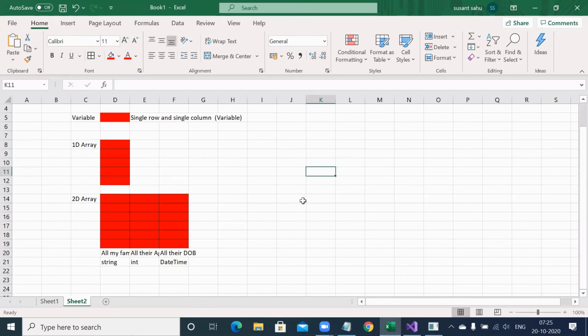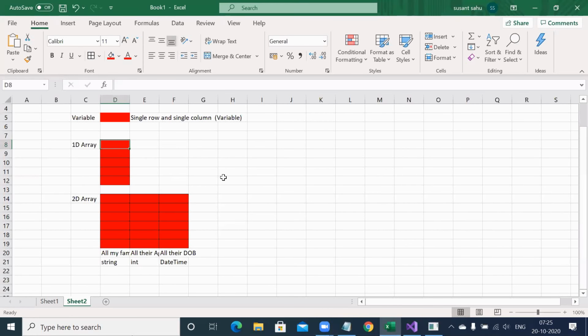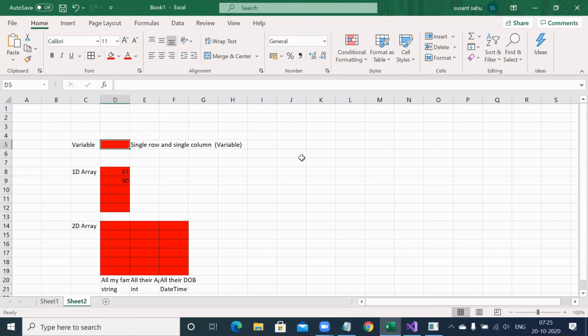So if we were 50 years back, then perhaps array might not be there, only variable might be there. Then how can we relate the data? If I'm storing here 67 and here 90, my understanding is perhaps that guy got 67 in one subject and 90 in another subject. Don't you think so? Because they are related information and kept inside a single column. But if you have 10 different variables, there is no relation. Variable 1 is sitting somewhere else, variable 2 is sitting somewhere else. So to manage those data, we want to keep them together in one place.